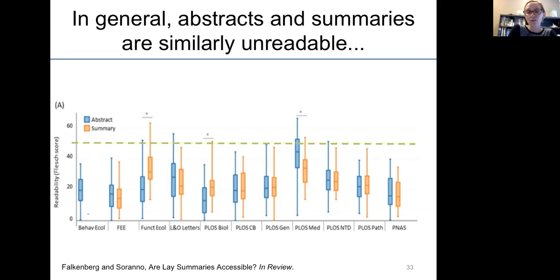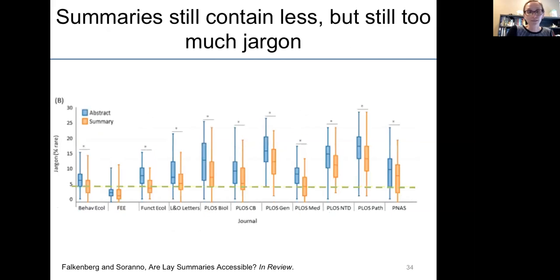So anything below that is a low readability score, which means that you would have to have a higher education level to comprehend it. And so what Laura found is that abstracts and summaries don't tend to differ in terms of readability, even though that is the goal. And so it's not terribly surprising that if journals just start asking for these things without providing as much guidance as maybe they should, that authors aren't succeeding in hitting this goal of more readable summaries.